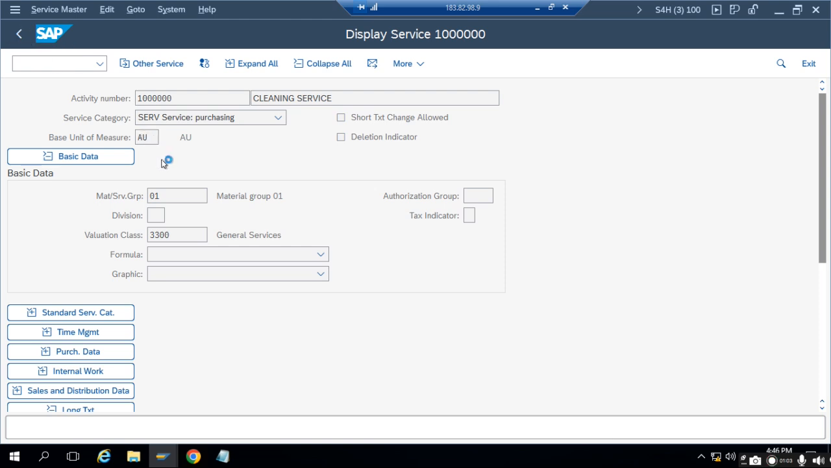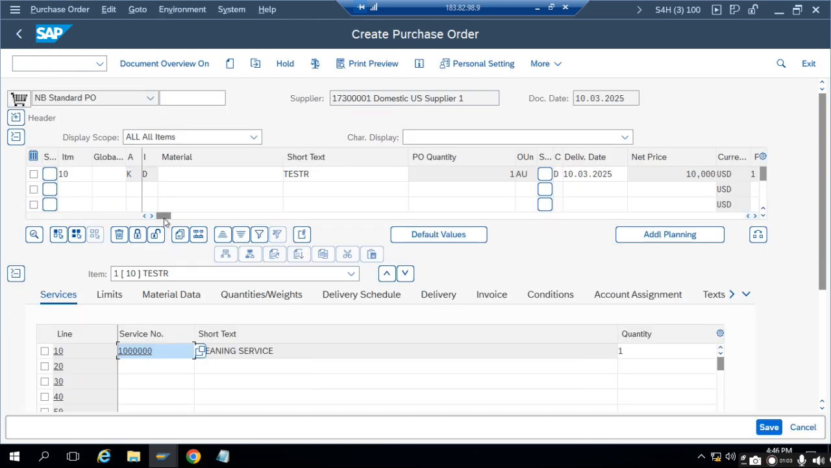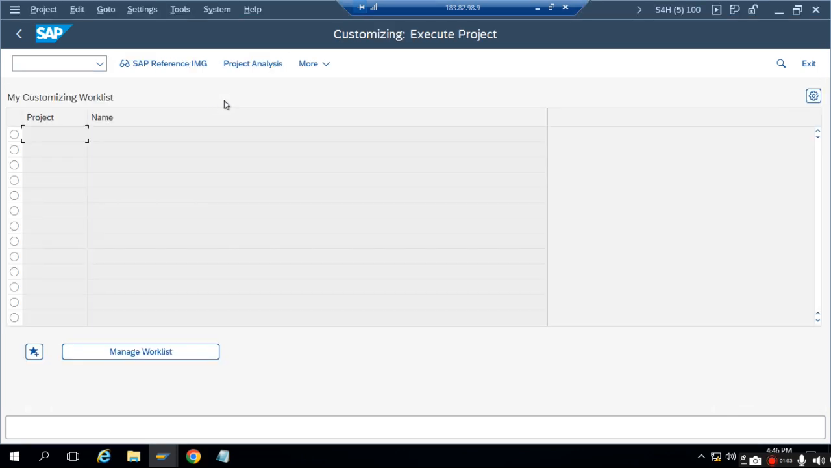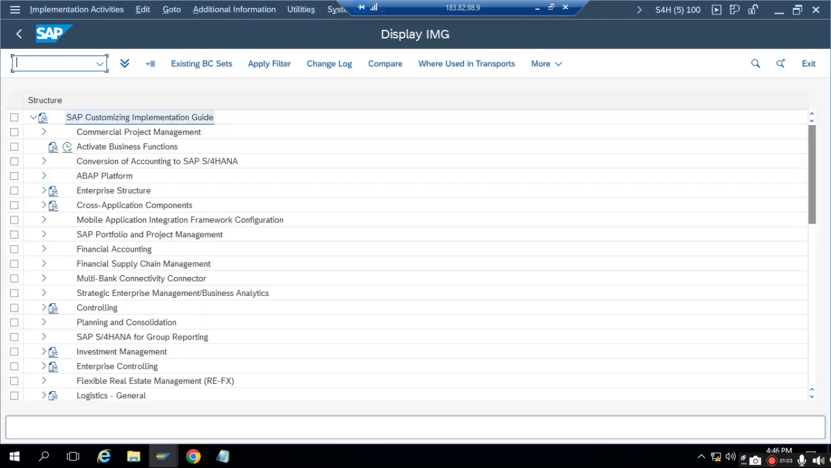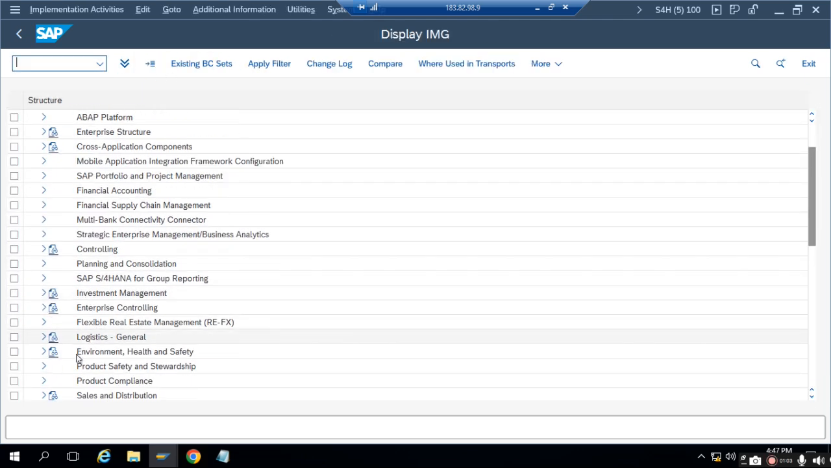Next thing we need to understand is, at item level, what account assignment category we have selected. We have selected account assignment category K. So we need to check the account assignment category setting. If we go to SPRO IMG,